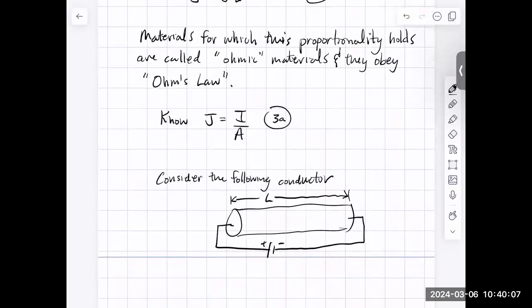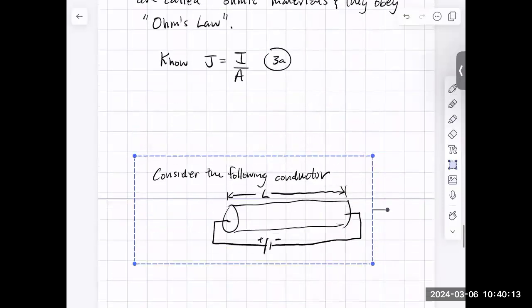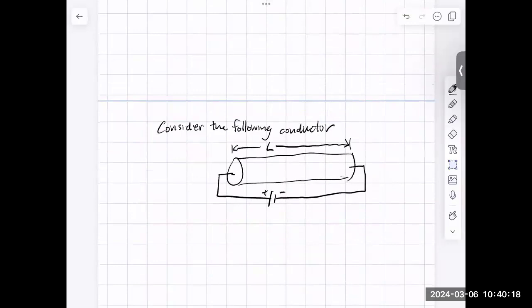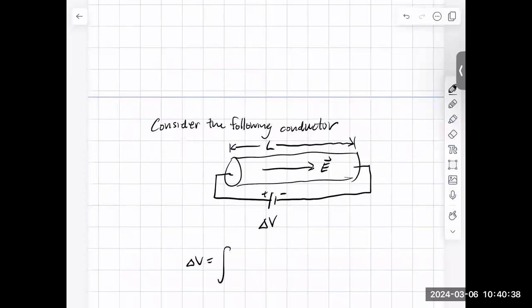This battery supplies voltage delta V here. I'm going to move this over here so I have some more space. Okay, so this is the battery delta V. And the battery establishes an electric field. So I want to come up with a relationship between the electric field and the voltage of the battery. Fortunately, we already know how to do that because we could calculate